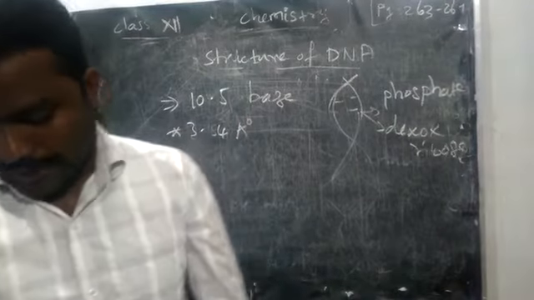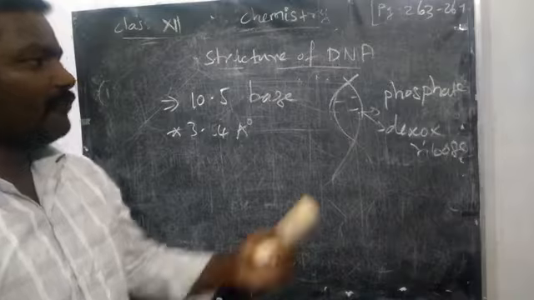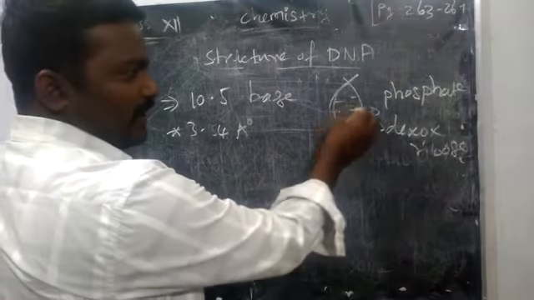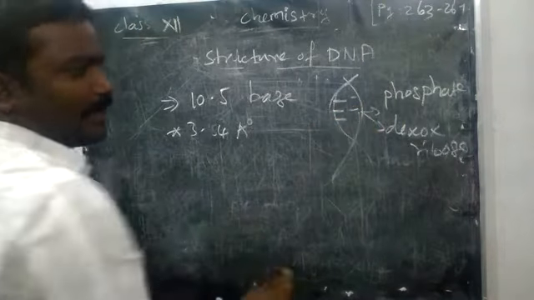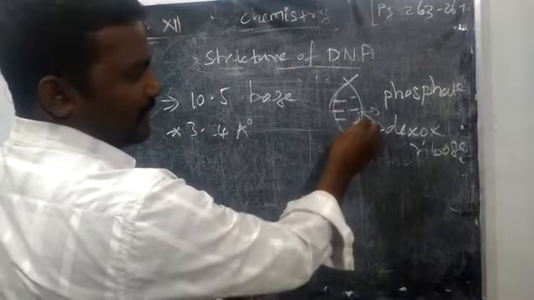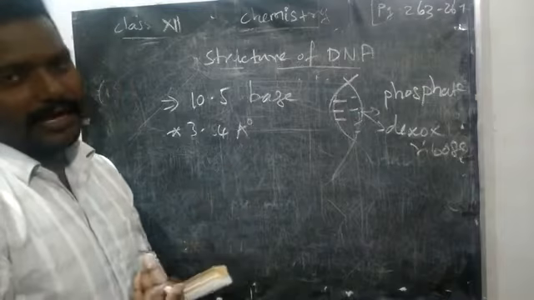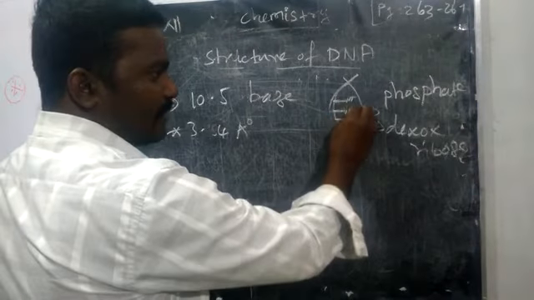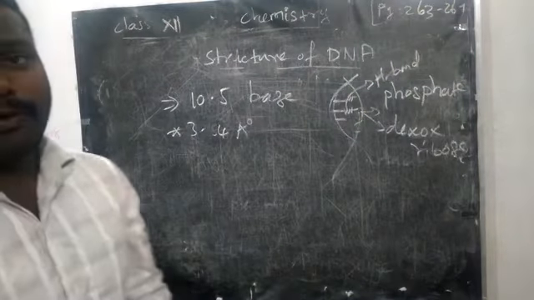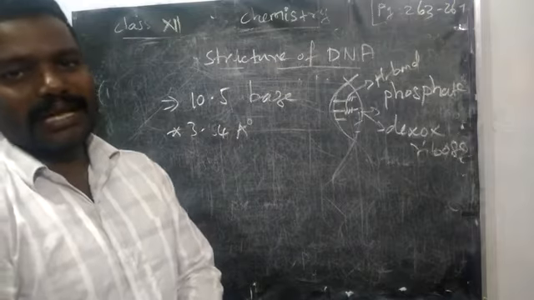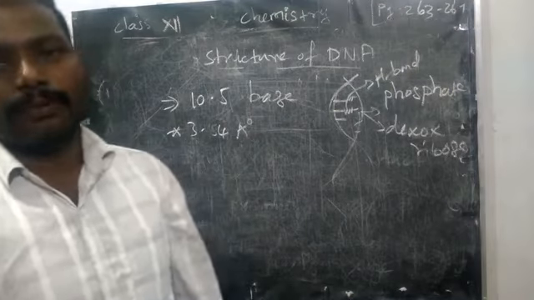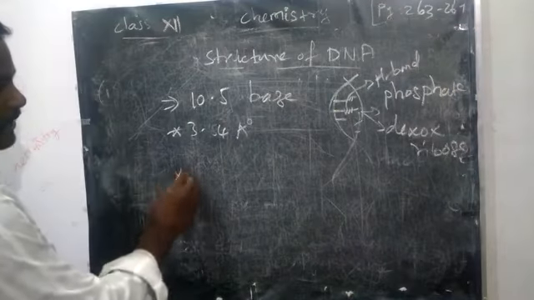Then we could understand that we can form some hydrogen bonds also, right? Why? In between there are adenine, guanine, thymine, like that, nitrogenous base groups. Those groups are present in an anti-parallel arrangement. Between them we have hydrogen bonds. Because of those hydrogen bonds only, they form a stable structure.